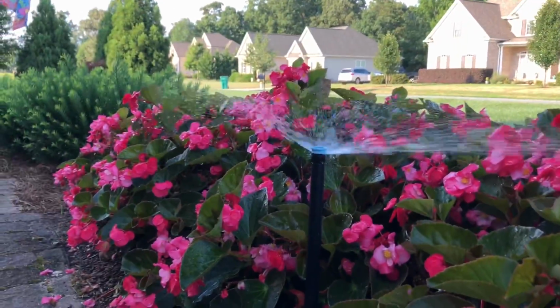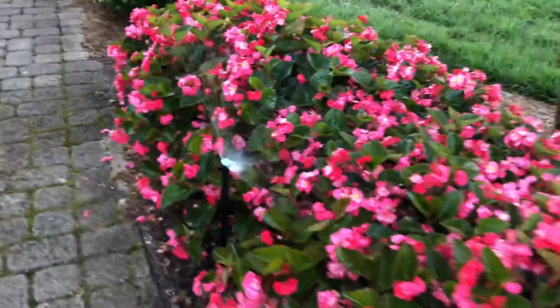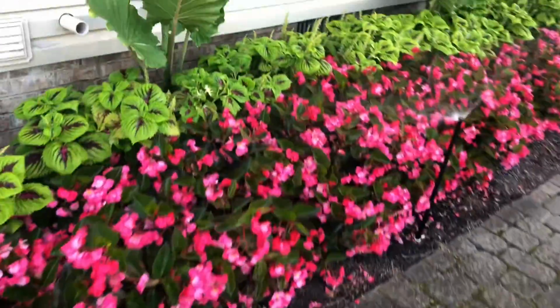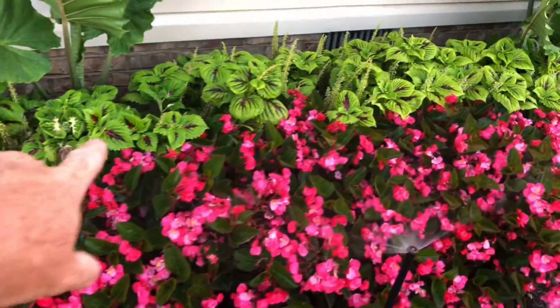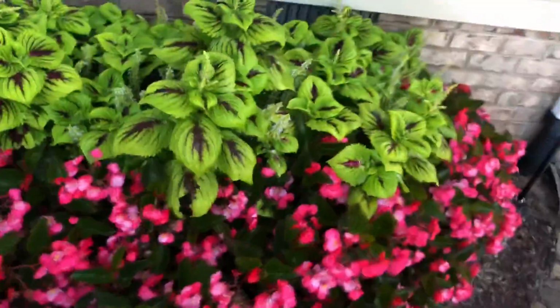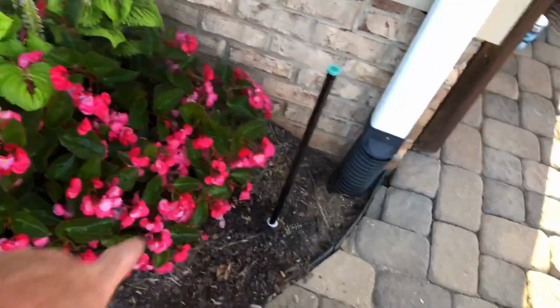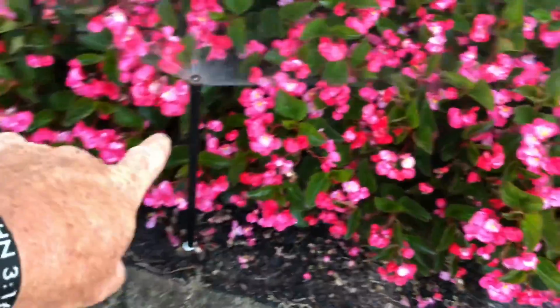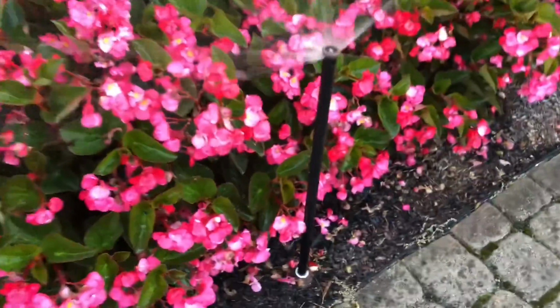Much better. Now we're actually getting some water to these back flowers and the flowers on the end. It's hitting the ones on the end, the back here. Oh, yes, yes, yes. Now these are extra tall. I actually had to put 2 extensions on that one because